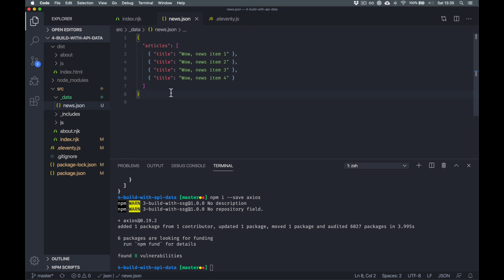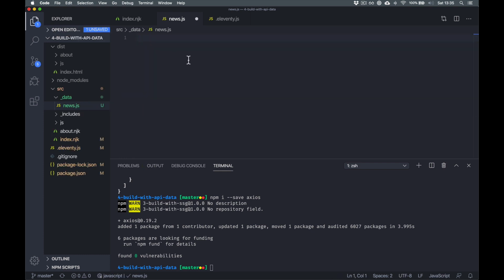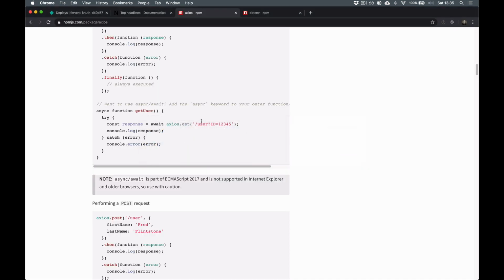And now I'm going to actually start using that here. I'm going to replace this. This isn't JSON anymore. This is actually going to be JavaScript. We can lose all of that because we're going to be returning that data rather than just specifying it. Let's have another little look to see how